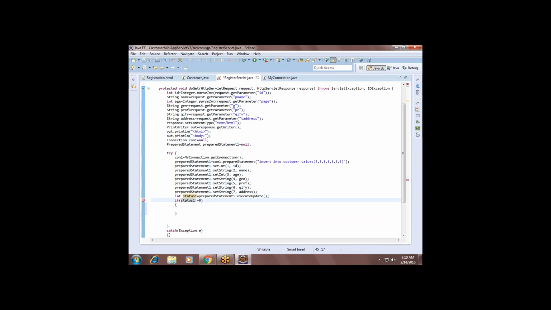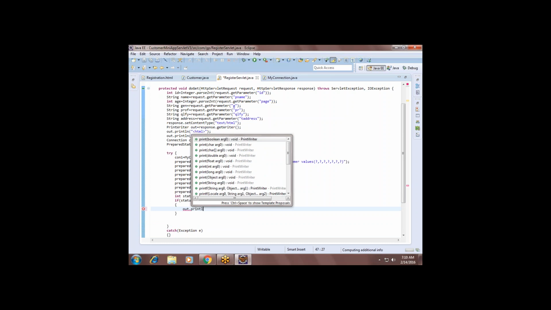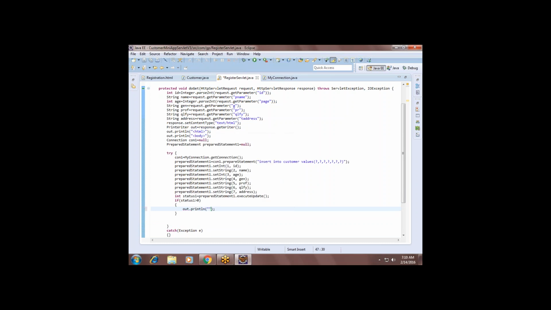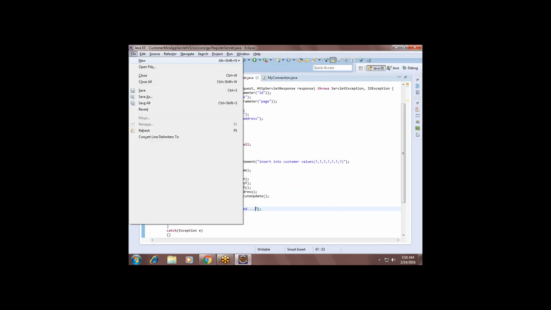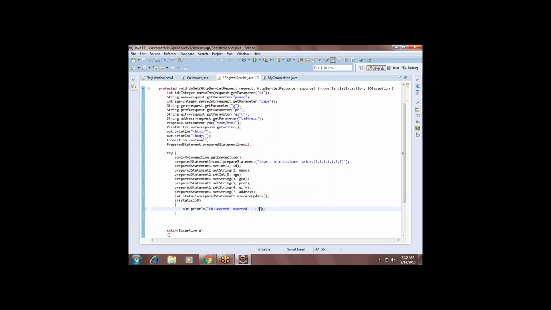If greater than 0, I can say out.println heading level 1, message record inserted, slash h1.